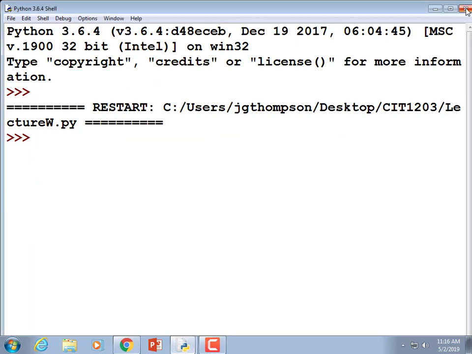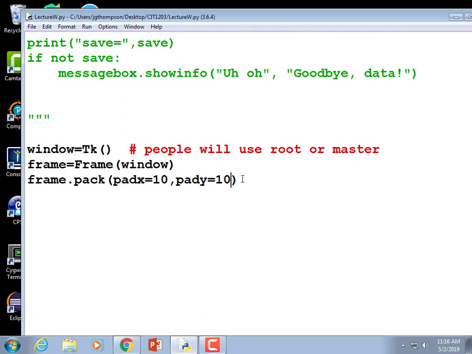Padding is nice because without that, frame really does condense it down to the absolute minimum. And we're not used to seeing dialogs like that. Maybe if you were an Amiga user back in the 80s, you saw dialogs where everything was crammed together with no space between the buttons. But other than that,